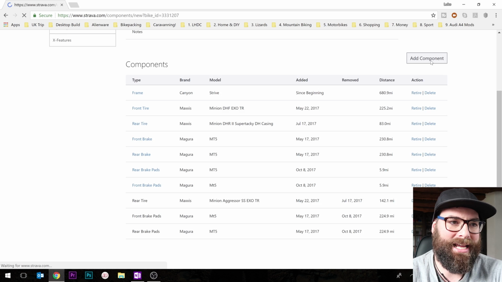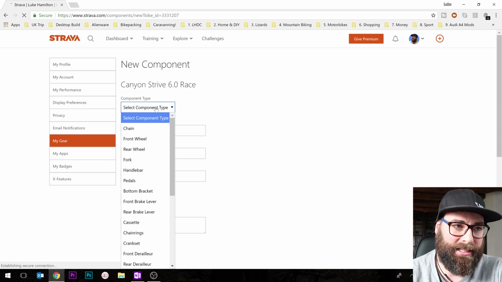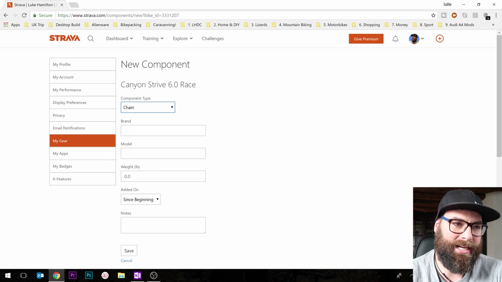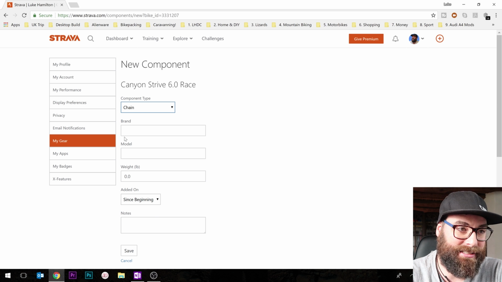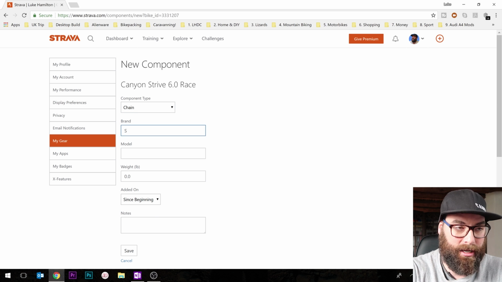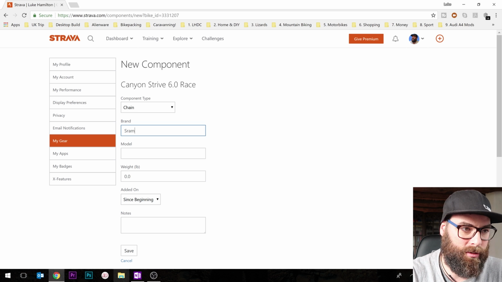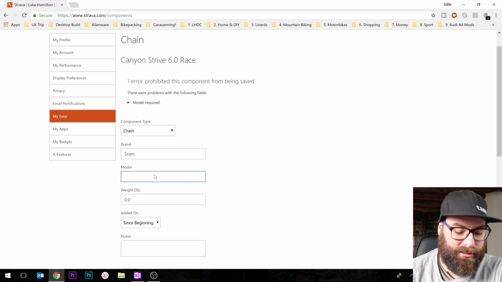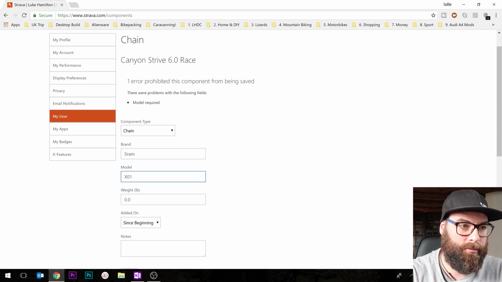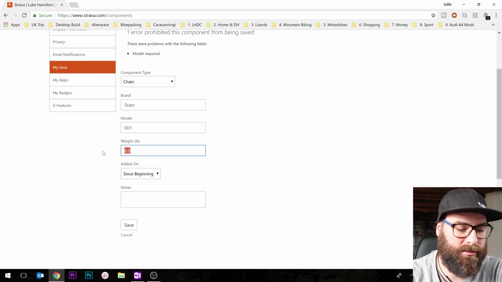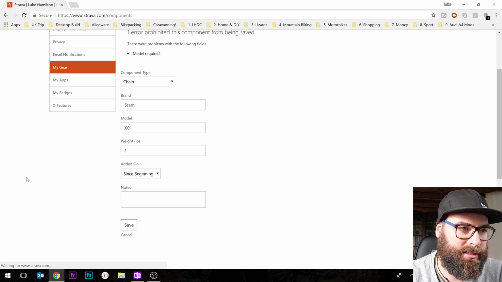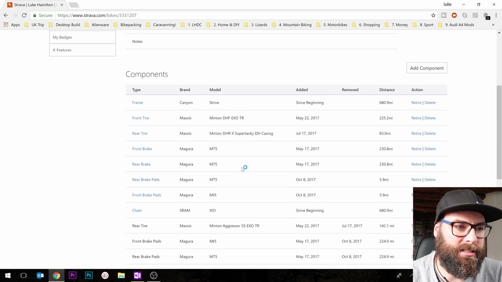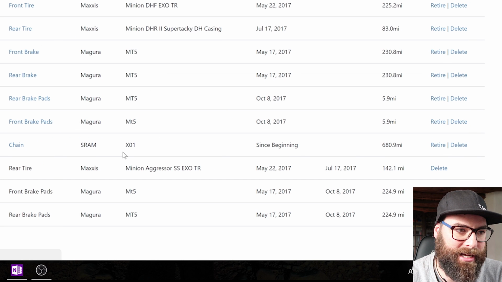And what you do is you basically add a component. I could add a chain now, and I know that my chain's been on there since the beginning. I'll call it just a SRAM chain. I won't put the model number in there, and I'll save it. Model required. Okay, so SRAM X01, which I know it's not, but anyway, we'll put that in. Weight, we'll call it 1 pound. Save. What that's now done is it's put a chain in there, but it's put the actual miles on it,